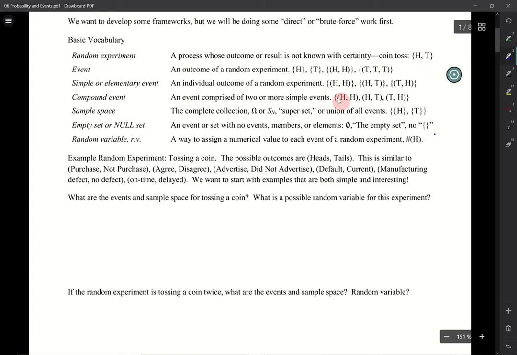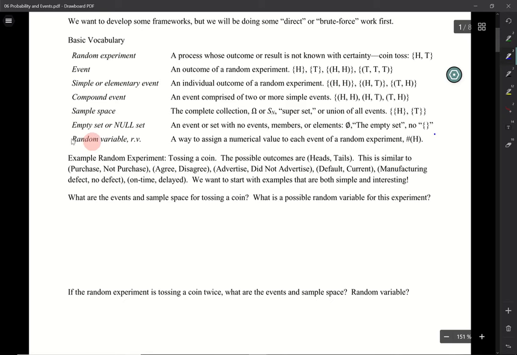In addition, sometimes it's useful to think about nothing, where, if you have a coin toss, well, how many times could you have 3 heads? Well, if you're only tossing 2 coins, that's impossible, right? So you might say, well, in that case, it's a null set or the empty set. Notice that it doesn't have brackets or braces. When you write that sort of O with a slash through it, that is the empty set. So it is a set, with nothing there: null set, empty set. Okay, and